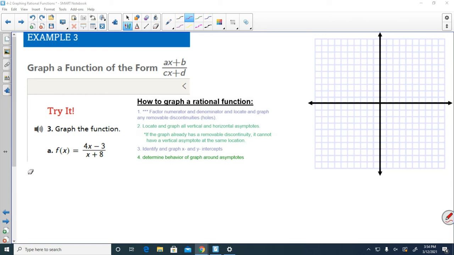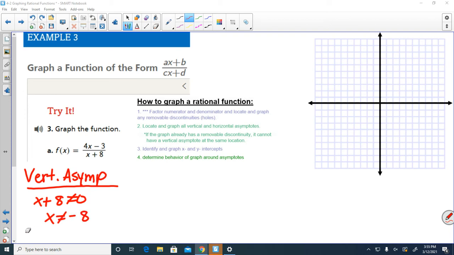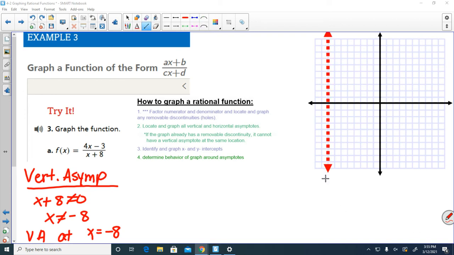So let's find the vertical asymptote first. I know that the denominator cannot be equal to 0, so x plus 8 is not allowed to be 0, which means x is not allowed to be -8. So there's a vertical asymptote at x equals -8. So I will plot the vertical asymptote now. Vertical asymptote, x equals -8. Horizontal asymptote,